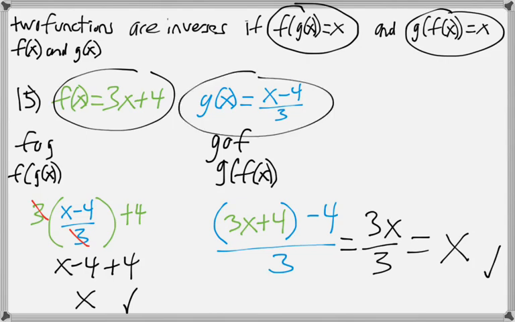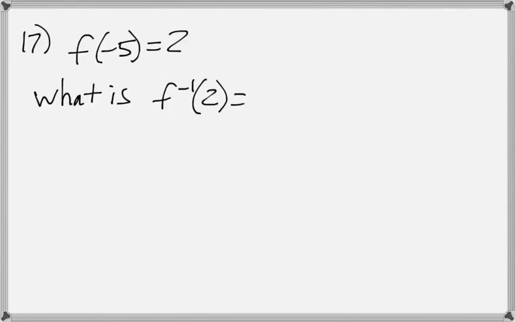Let's actually do one more. Let's look at 17, which is a very different problem. It doesn't have anything to do with the inverse function property, but it has to do with properties of inverses. And it doesn't really take that long. It says consider the one-to-one function f with values f of negative 5 is equal to 2. What is f inverse